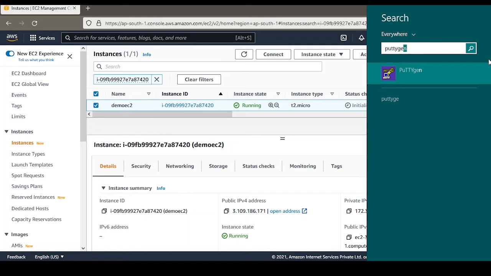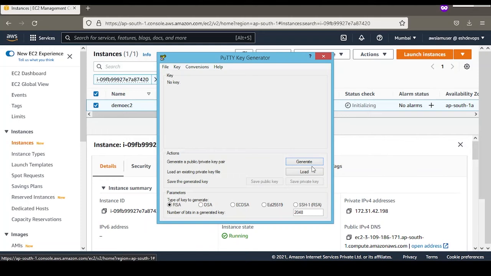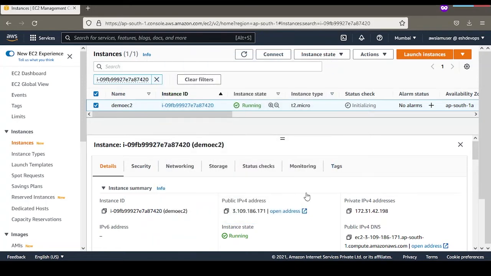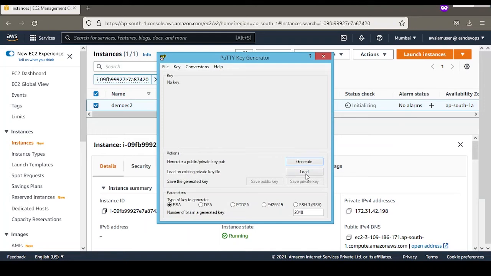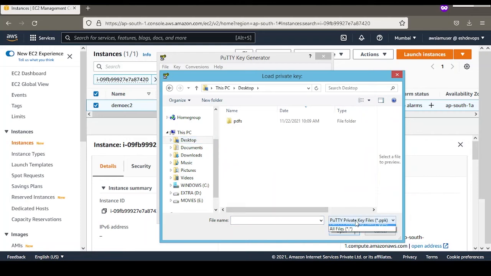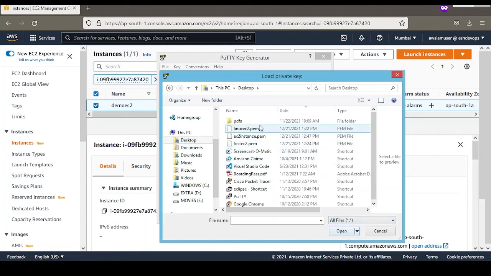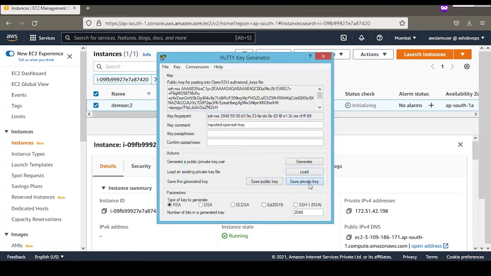But in Putty, before you use that key, you have to use PuttyGen to convert your key and make it private. I clicked generate by mistake. I just click Putty, then Gen, then you click Load, and you have to go to where you have kept the file. By default it shows private key. You have to select all files so that you are able to see whatever key you have. Right now my key name is linux ec2.pem. So I'll click this file, and after that you have to click Save private key.